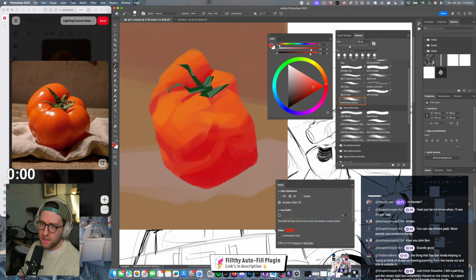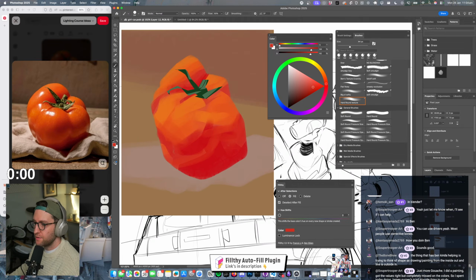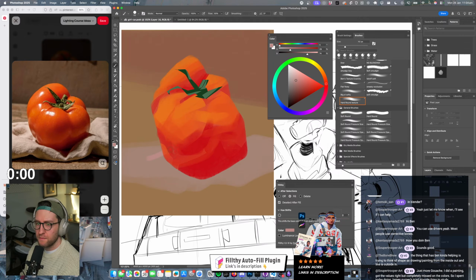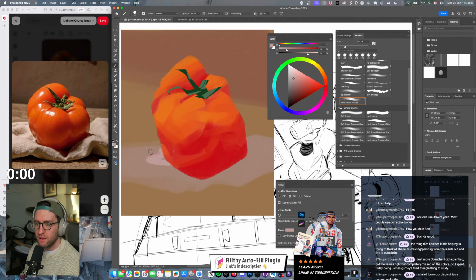All right, so what am I seeing here? I think we can come through and start sculpting out some of the cloth shapes in the background, because that's going to sit this thing.